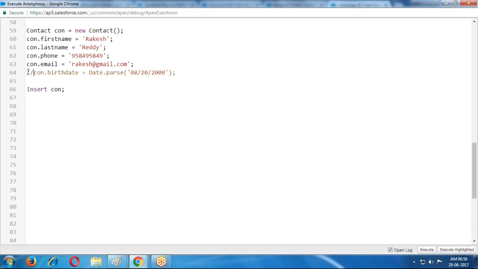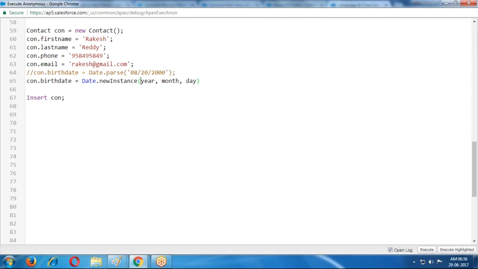Instead of this, I'm using another method. What is the other method? Contact.birthdate equal to Date.newInstance is a method. It is fixed, whether it is the United States format or the Indian format, any format.